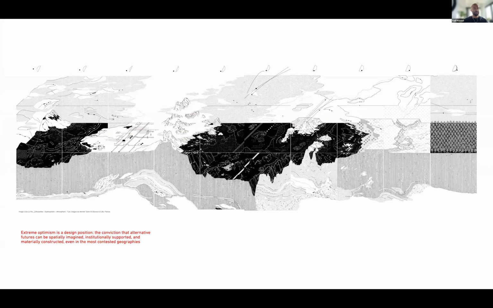So in this case, I just want to say that extreme optimism in an area that is very difficult and contested is a design position. It's a conviction that alternative futures can be spatially imagined, institutionally supported, and materially constructed, even in these very difficult